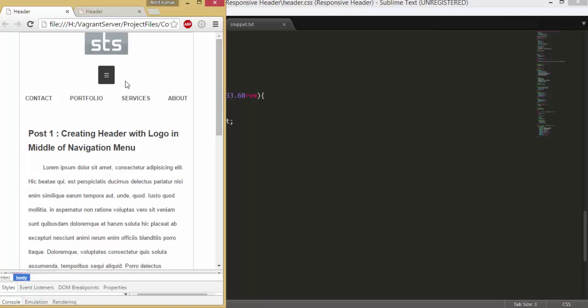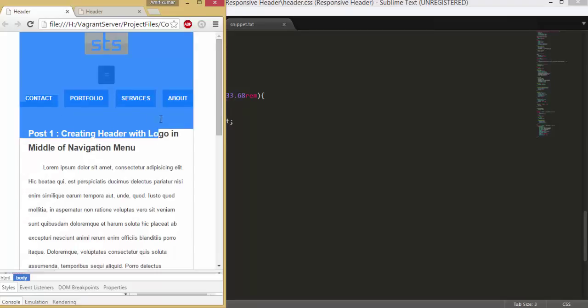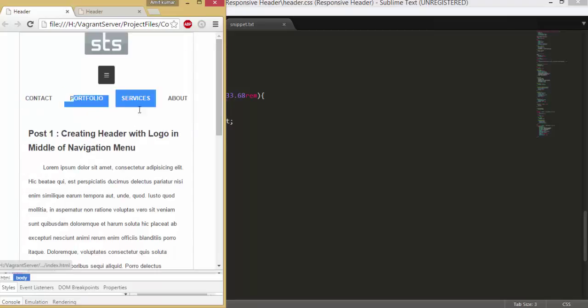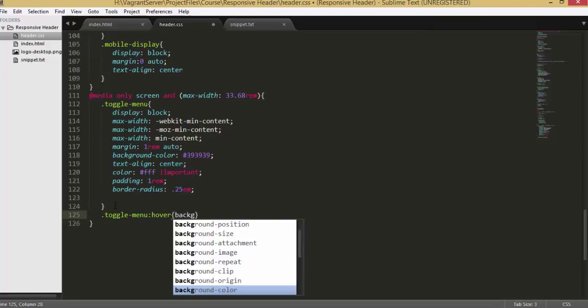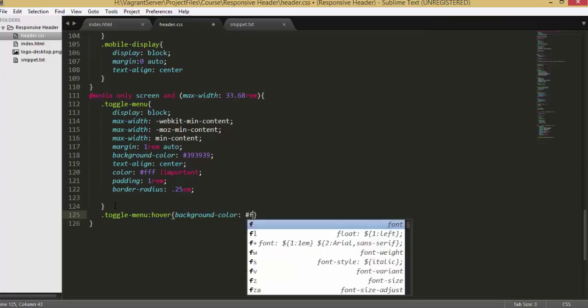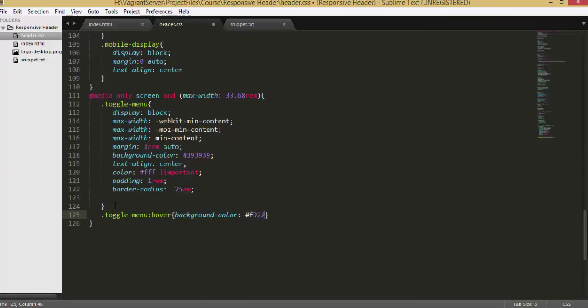Now let's go ahead and target this navigation by using its selector, which is nav list. So I'm gonna write here. Before that, let's apply some hover styles to this hamburger icon. So I can write here toggle menu hover, and just change its background color to pound F92266, okay. Now let's select that navigation items by selecting nav list,